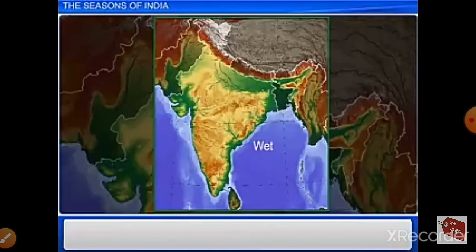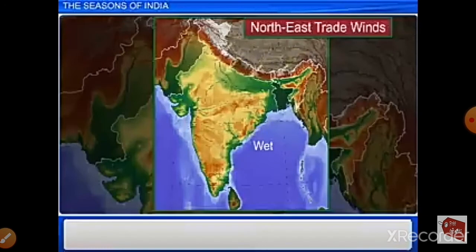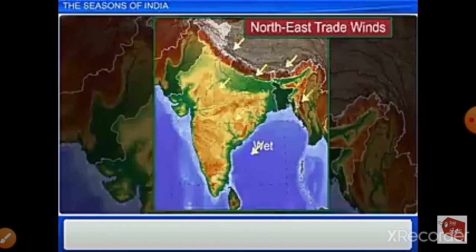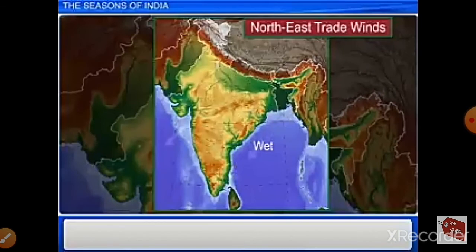During winter, the northeast trade winds blow into the country, and these winds blow from land to sea in most parts of India. So in most parts of India, the weather during the winter is dry.